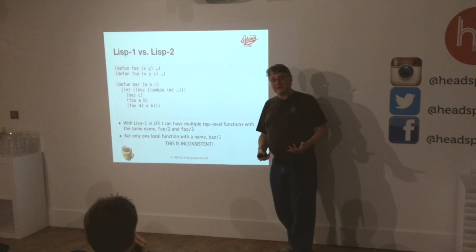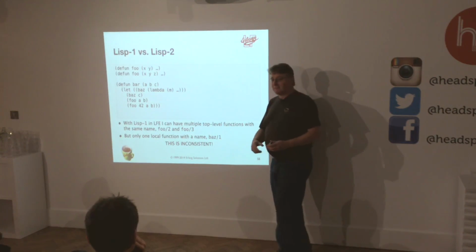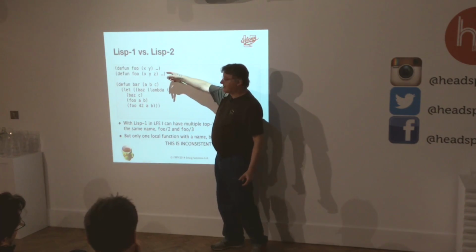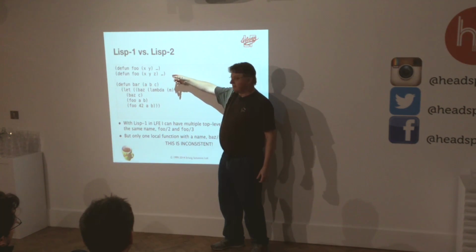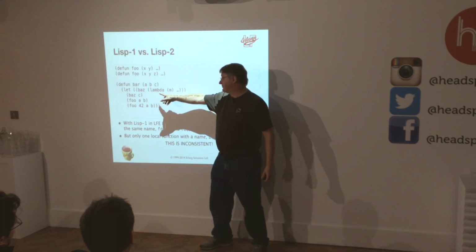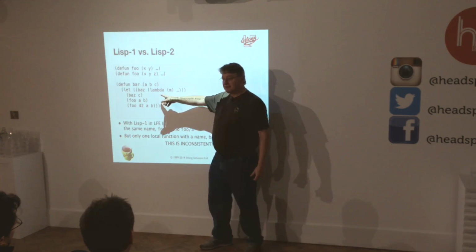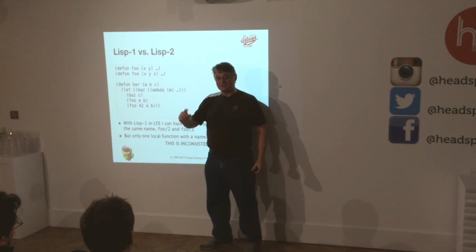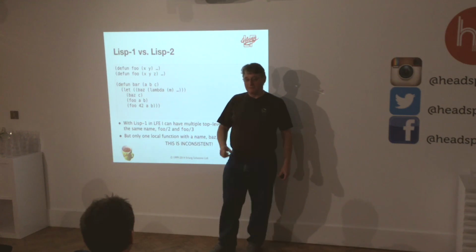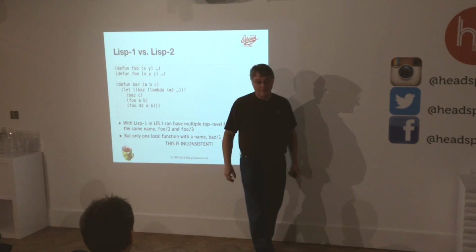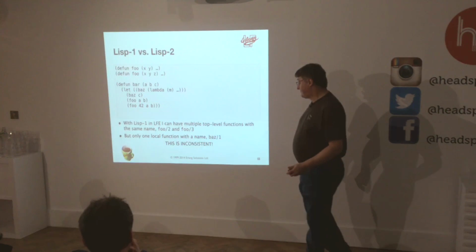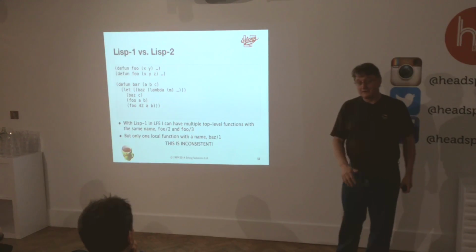But I felt that was inconsistent and unfair. Because if I've got a global function foo here, I can have multiple functions with the same name of different arguments, different arities. But here I can't. I can't have a baz with one lambda. If I redefine baz, I can only have one definition of baz in here, right? Which has one set of arguments. So if I call this with the wrong argument, I'll get an error here, right? And I just felt it was inconsistent.